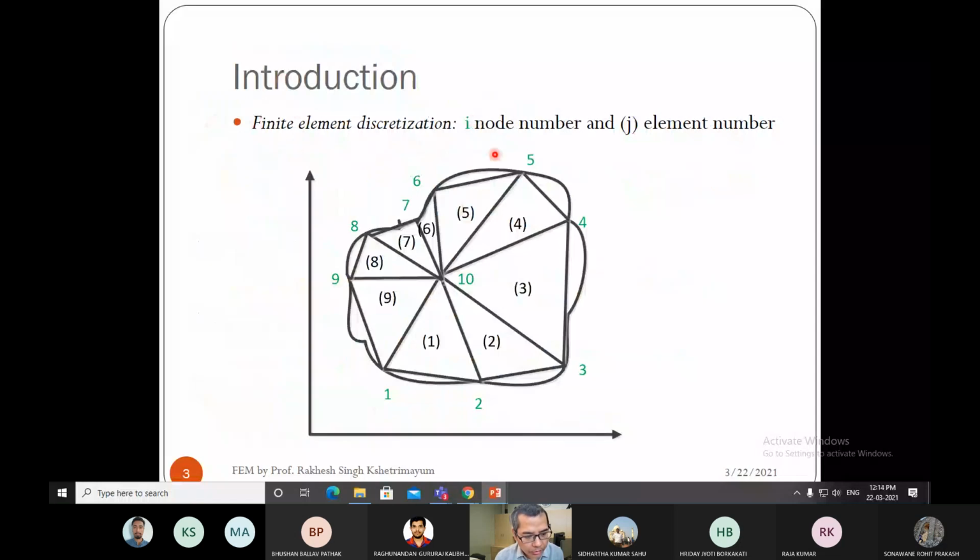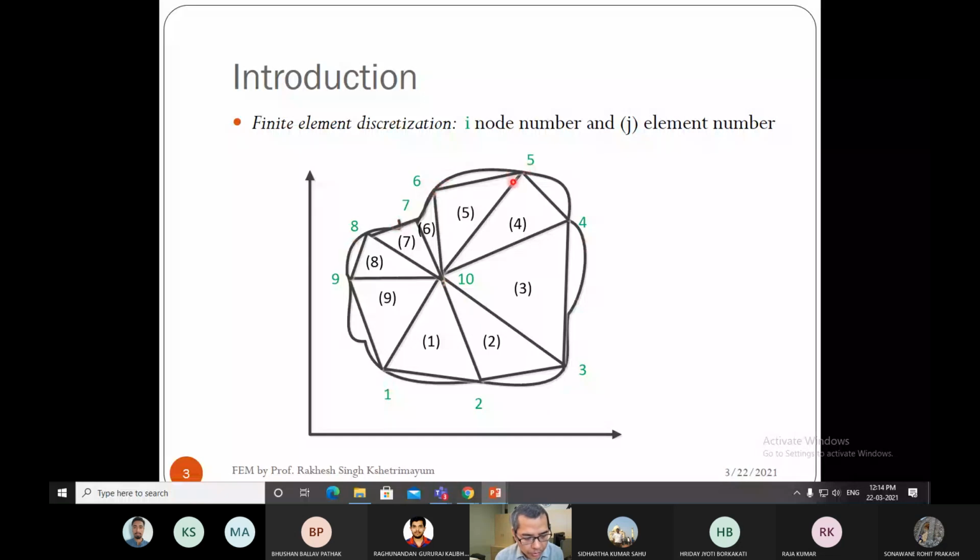The first step is basically finite element discretization. So here, let's say this is the solution region in the XY plane. You want to find something for the solution region, some unknown function for this solution region. What is the first step? You discretize this solution region, where you want to find the unknown function, into small elements. So in the finite element method, usually you take triangular elements as